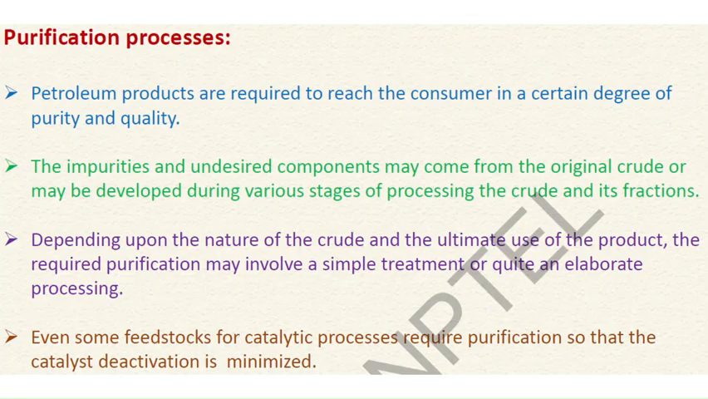purity and quality. Earlier also I have mentioned that each nation has some specifications. These specifications of quality and purity may vary from nation to nation. For example, the octane number required for gasoline to use in motor vehicles can be different in India and it can be different in the US. So the quality of different refinery products varies from nation to nation